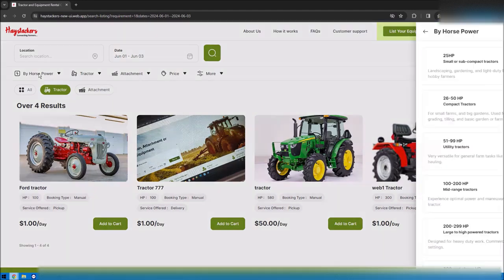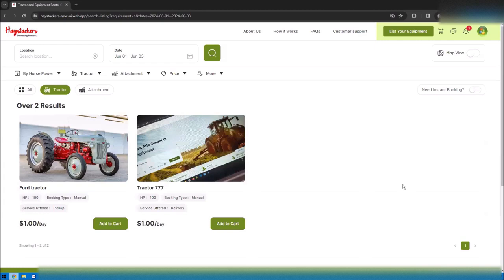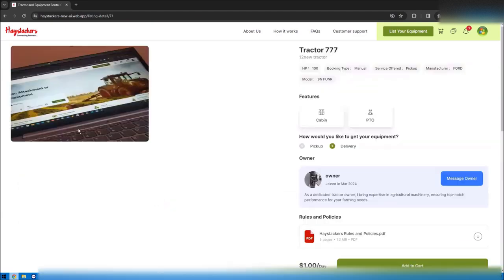And then you can also select filters for horsepower, such as do you want small tractors or larger tractors? So if I select maybe 100 horsepower, then both filters are being applied. The first filter of the company name, the Ford tractors, and the second filter, which is the horsepower, being at least 100. So this will help narrow down the search results to what you actually want.